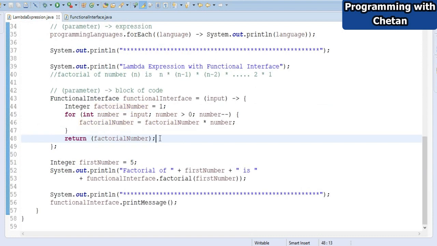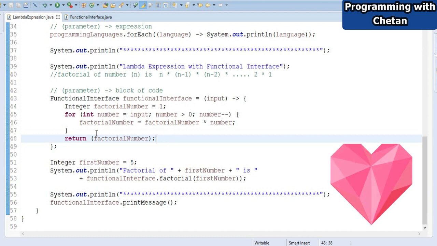That is why you can see that we are returning a value of integer type. Let me comment this statement. Here you can see that we are getting an error saying that this method must return a result of type integer. That is why we are returning the value of type integer, which is the result of our factorial method.